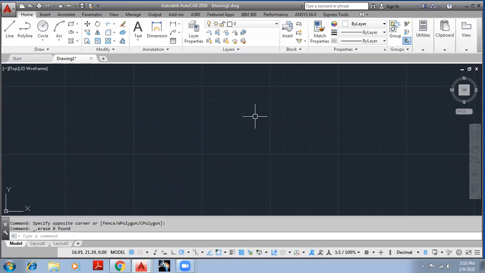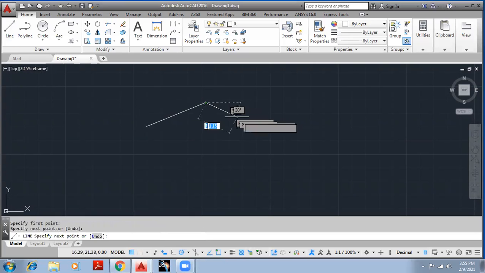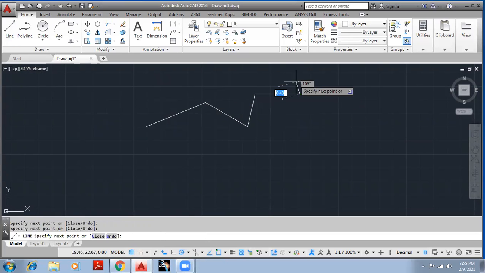And if I want to turn it on and off directly, by using this particular status bar, here is this dynamic input off and on. Simply I will click on it, it will become activated. Now you can see again that particular dialog box is open.